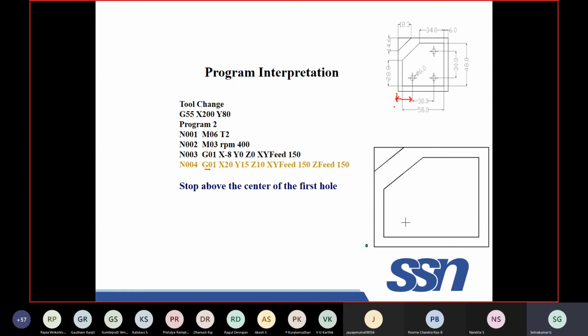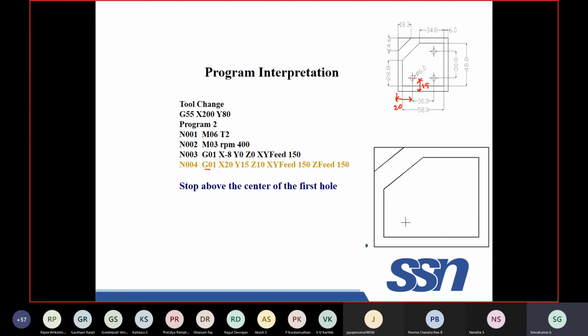This value is 20. You just read the diagram very carefully. This is 20 and Y value, this value will be 15. How I found? You have to read the diagram very carefully so that you can find out this value. Okay, this is 20, this is 15.